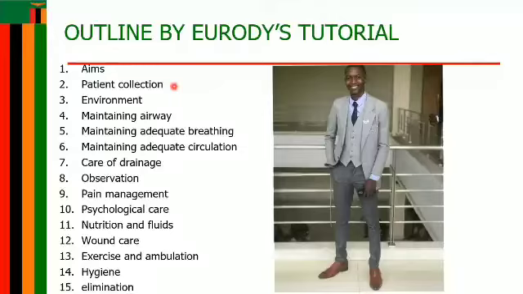You can also add on other points such as I will get a detailed handover from the theater nurse about the details of the anesthesia and surgery. Apart from that, you can also get details about the fluid or blood loss as well as the replacement, including analgesics given during surgery. And then you can also look at other areas as you collect the patient, such as before receiving the handover of the patient, I will ensure the patient is breathing by closely observing the rising and falling of the chest, and then also feeling for warm air from the patient's nostril using the back